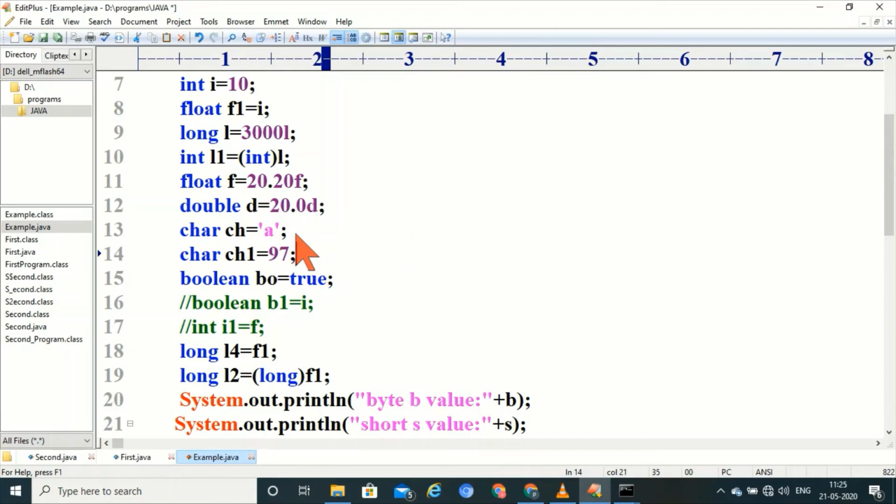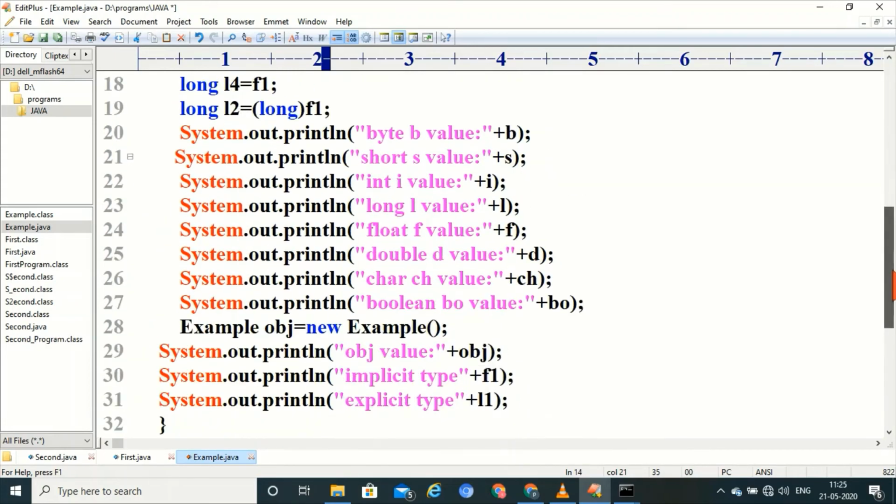So the rule is the number we are assigning to character variable must be in range of 0 to 65,535, else it leads to compile time error, that is possible loss of precision. Now if I print character this variable ch1, what will happen?